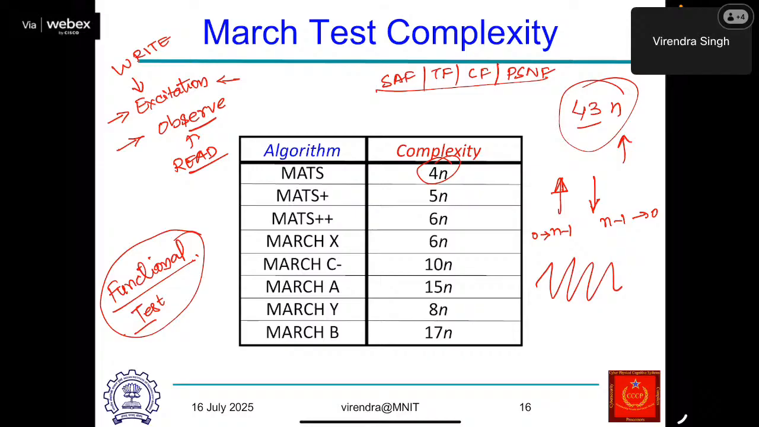But you have to revert back through the same path in the another march in order to ascertain that you are able to detect all the address decoder faults as well as the coupling faults, because in coupling faults, there is a coupling of one cell with the another cell, and to find out the coupling between one cell, like